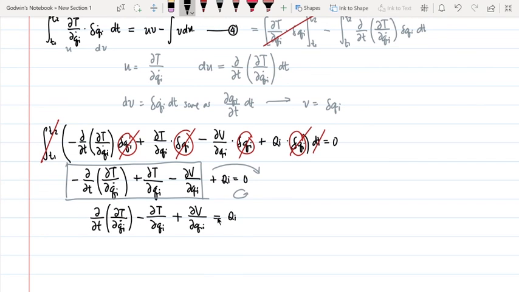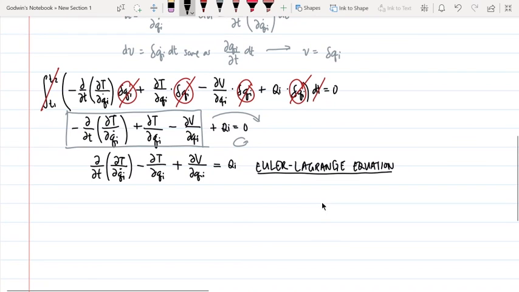So this is the Euler-Lagrange equation. Oops, Lagrange equation. So this is the magical equation that we're gonna use for the next part of the video,